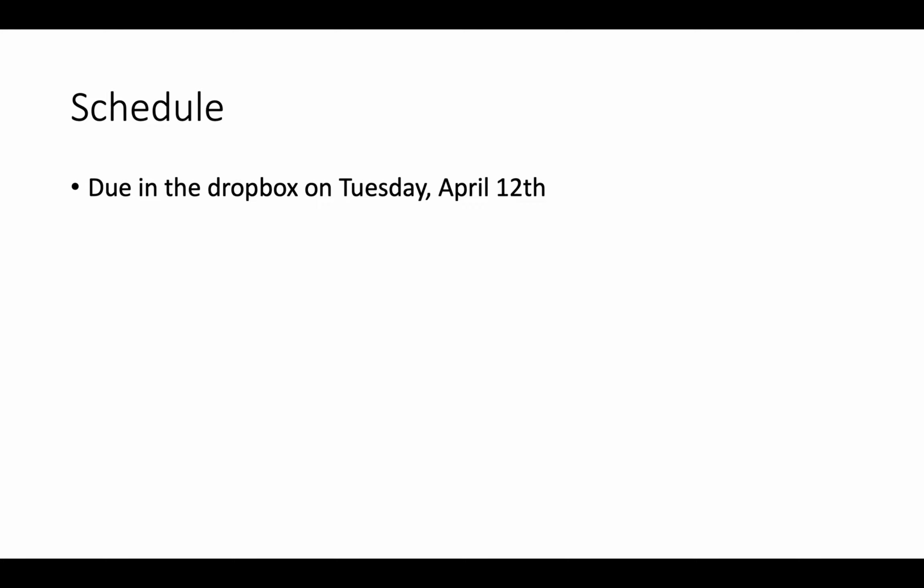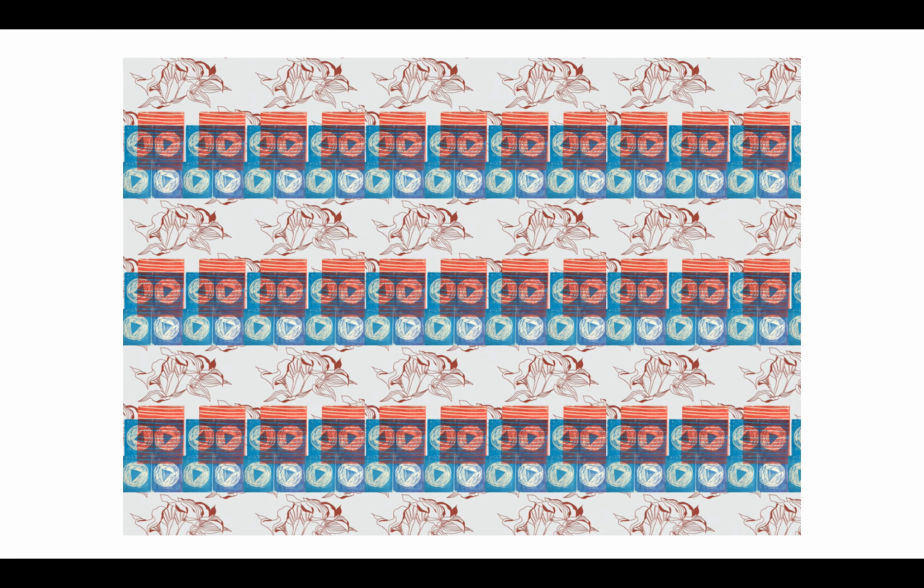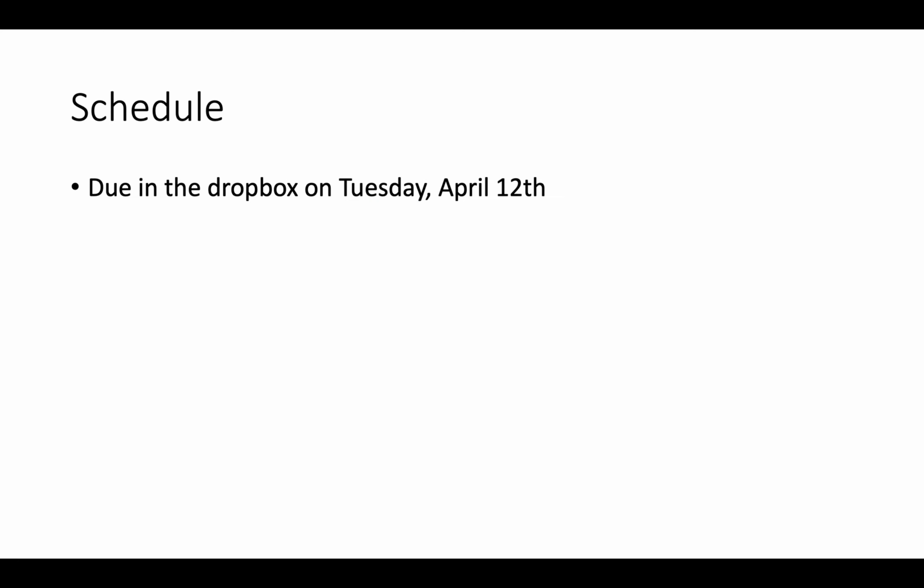So these are due in the Dropbox on Tuesday, April 12th. So you need to make 4 of them, and I want to see them tiled out. And what I mean by that is I want to see it shown as a pattern. So in the tutorials, it'll say how to fill a layer, new fill layer, and you'll see all this in the tutorials. And you can just take your image that you've defined as a pattern and tile out into a larger image so that I can actually see that it is a repetitive pattern, a repeating pattern, okay? So, due in the Dropbox on Tuesday, April